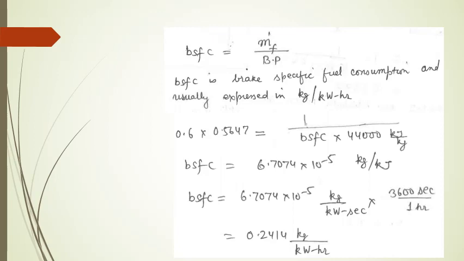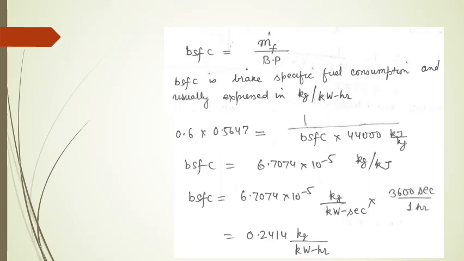Now you put all the terms that are known to us in the equation that was given at the end of the previous slide. So basically BSFC comes out to be 6.7074 into 10 raised to power minus 5 kg per kilojoule. Why so? Because you see